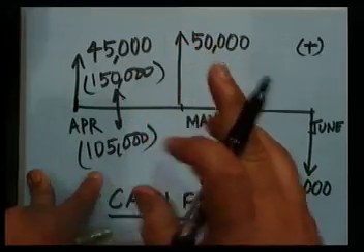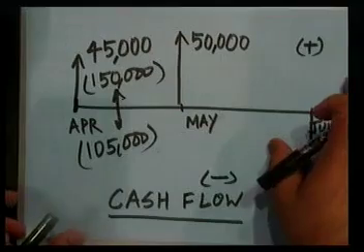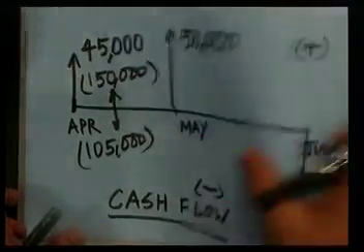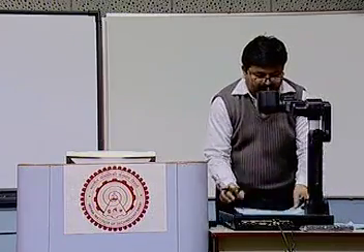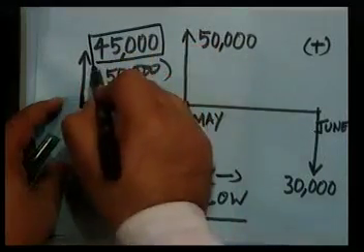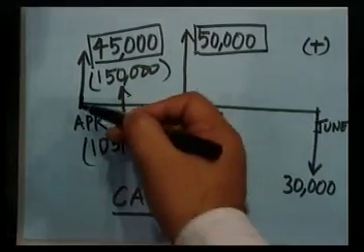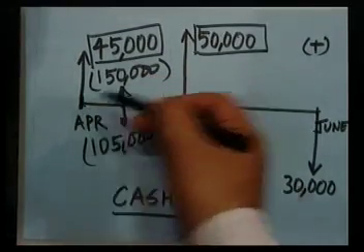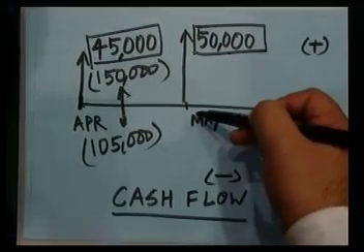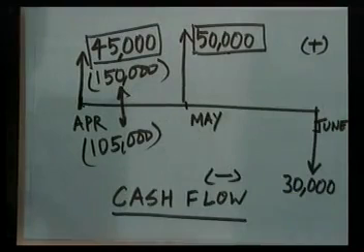Now, this was possible because all these transactions were assumed to have occurred at the end of April. Is it clear? Now, this type of calculation, simple algebraic calculation, is not possible like this. I cannot simply add 45,000 here and 50,000 here. Why? Because this is taking place at the end of April and this is taking place at the end of May. So, this point also you please be very clear. Until and unless your transactions are at the same point of time, you simply cannot algebraically add or subtract them, right,